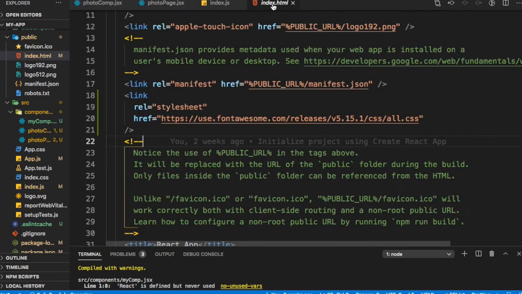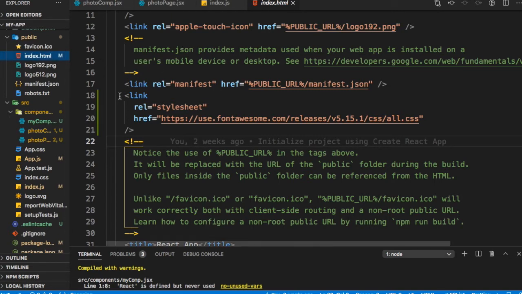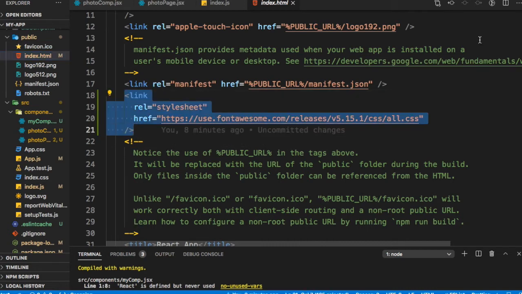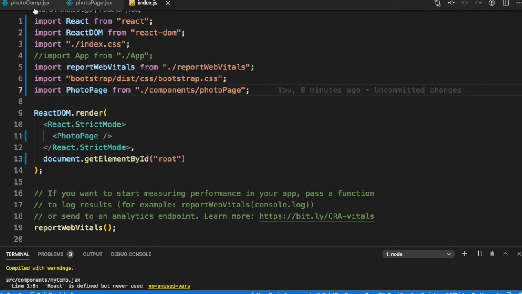We will also make a change to our index.html. So index.html is in our public folder. So here this is the index.html. And because we want to show those icons, we are using font awesome icons for that. And for that, you will need to add this to your index.html. So once we have done that, let's start our code. So I'll close this index.html.